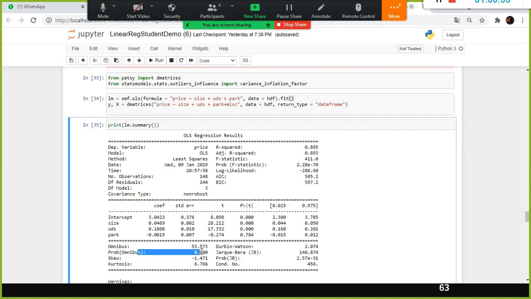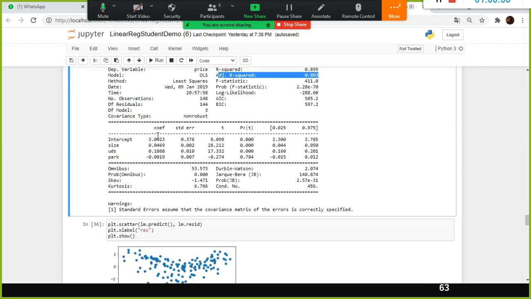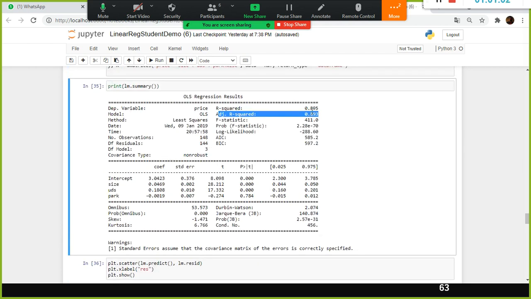And something else called condition number. This measures the sensitivity of the function output as compared to its input. That is what the condition number says. But you don't have to look at all these things. All you need to look at is the adjusted R squared and R squared, and then the slope values and the intercept values. With that you can find out how well your model fitted.